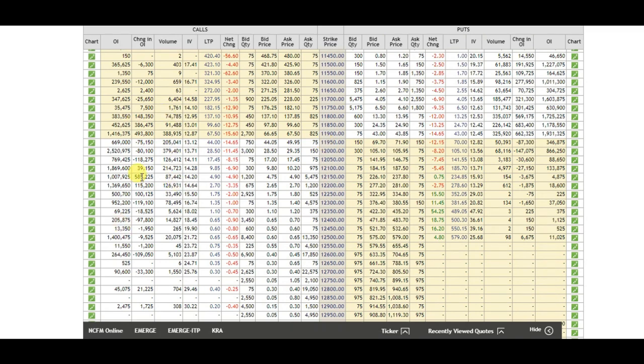So after studying this option chain, if we want to bound the Nifty in a range, then according to my analysis, this is going to be 11,800 to 12,000. So friends, this is just my analysis. Do your own analysis before making any trade, because whatever profit or loss you make, that will be